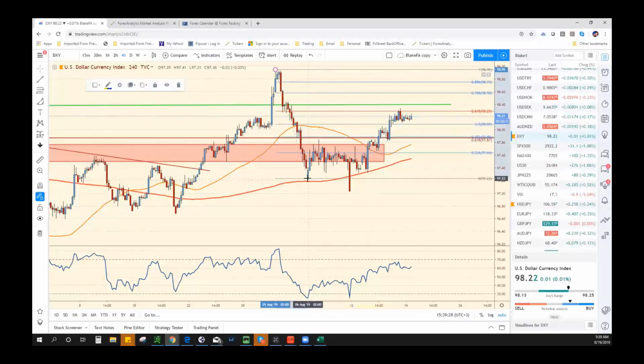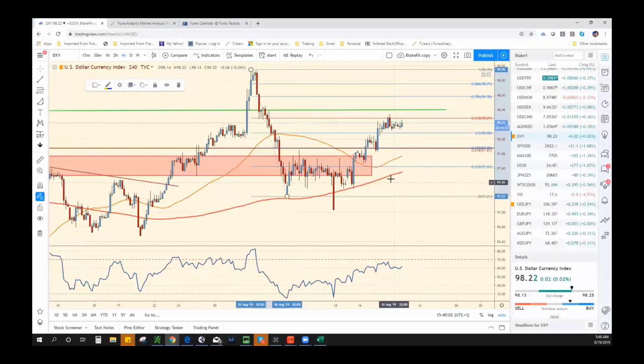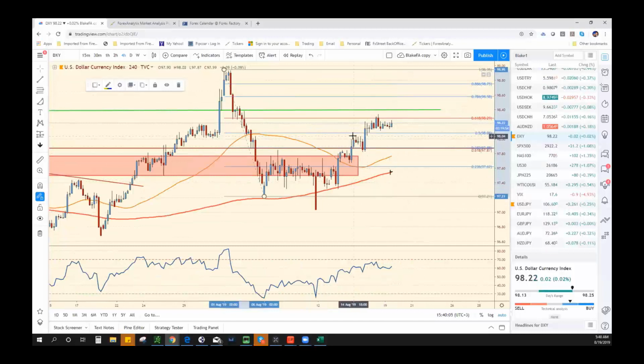I'm kind of thinking that red candle right here might have been an adjustment from the dollar index contracts, so maybe that's more significant. This is the 618, then that seems to be relevant, but I'm going to write down 98.40 as resistance. We're definitely in a range. Support is going to be, while we're above here, I don't think there's any reason to be bearish the dollar